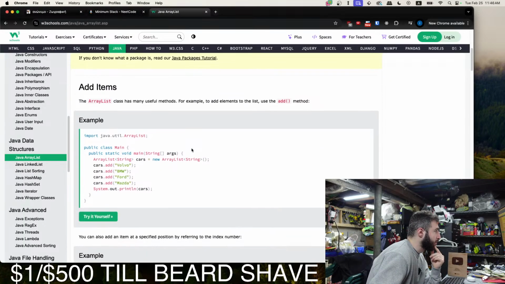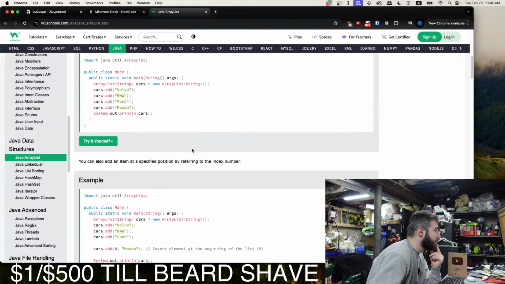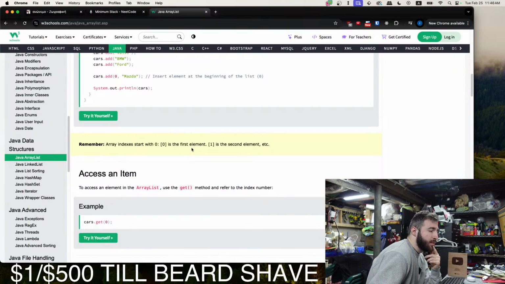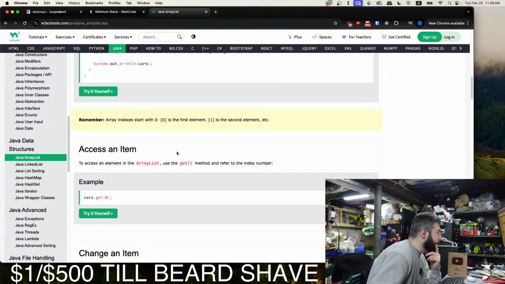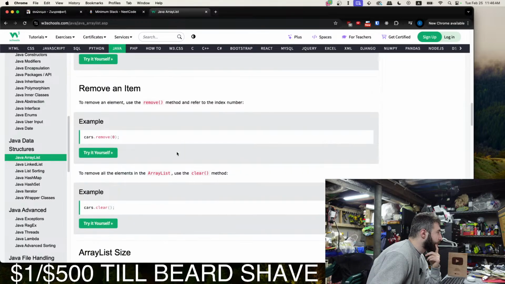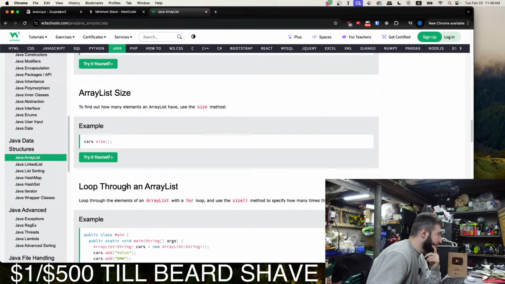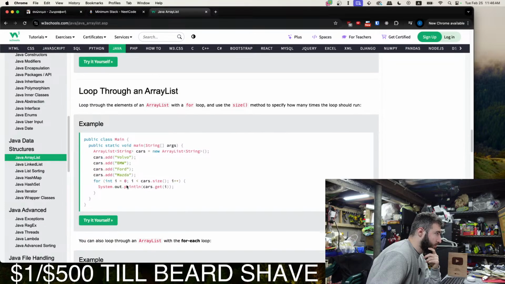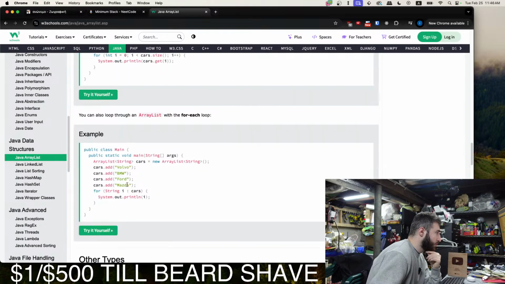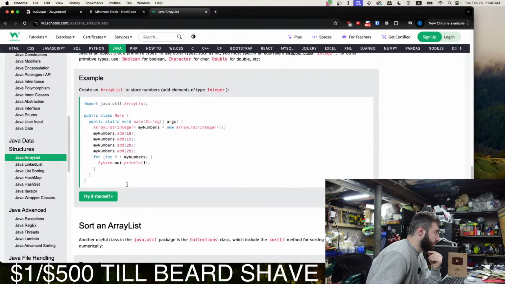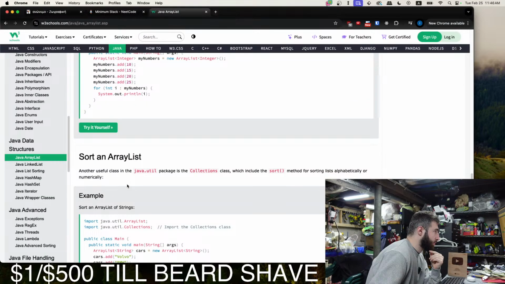I don't think I'm familiar enough with array lists. So what is the ArrayList? What are the elements initialized to? Sort an ArrayList.